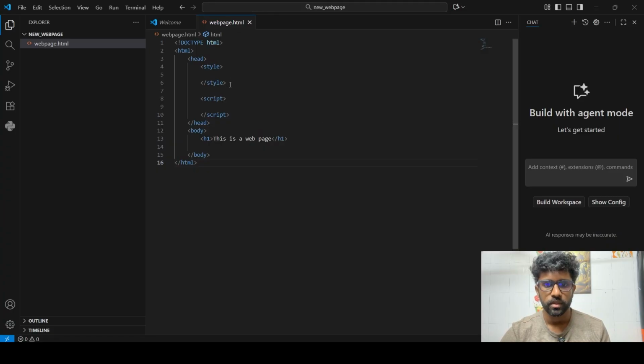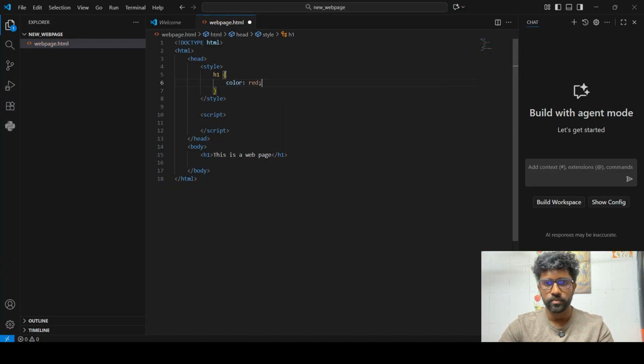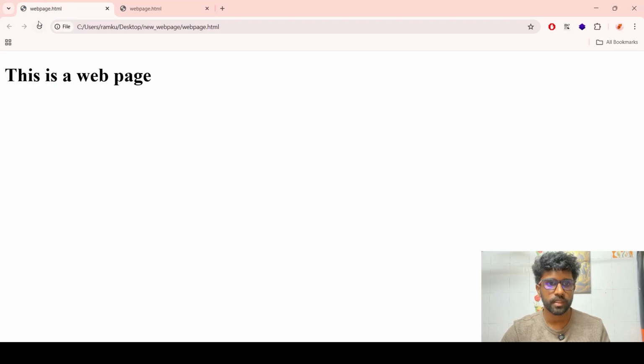Now, I can add a style to this element. Let me just change the color to red. If we go back to the page and I reload, so this is the style element.